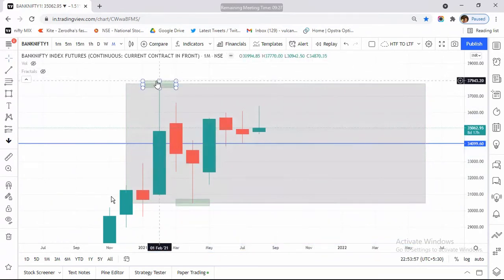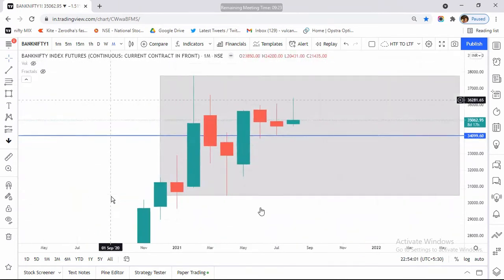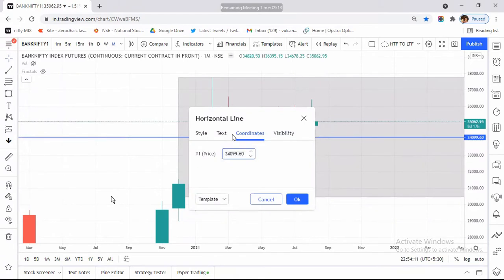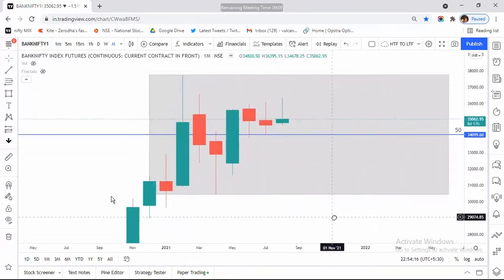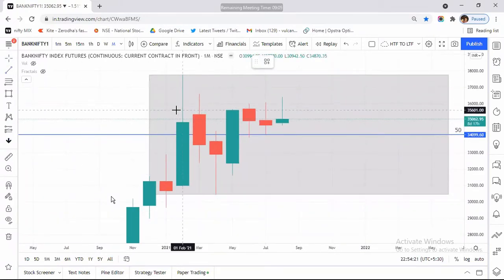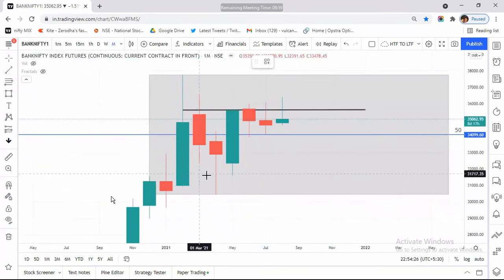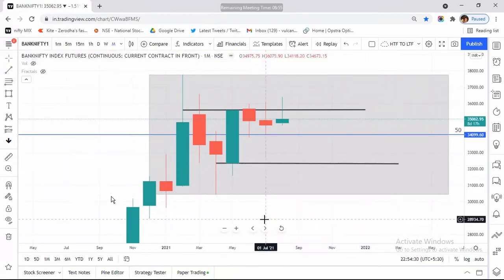I will share the link again if this will expire. See how price is getting support from this 50. So this level must be marked in your chart. And I also told you that you should mark the liquidity for the directional bias, to see what the market is trying to do.